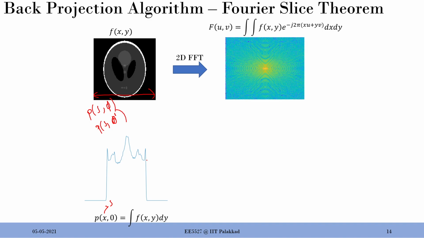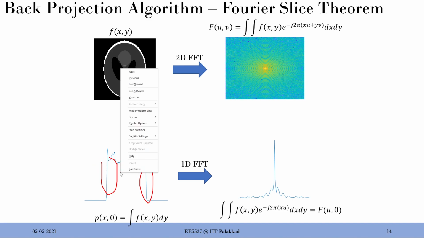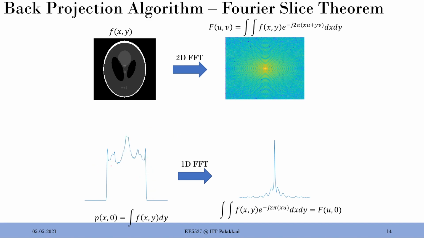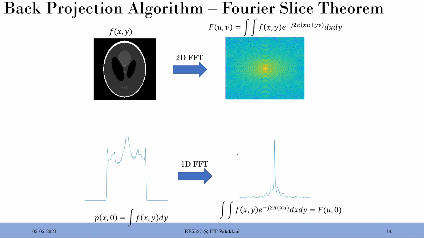And then if I take the 1D FFT of this signal, it looks like this. Of course, I will ignore all these edges, because otherwise they will induce high frequency noise, because there's a sudden transition from low frequency, from 0 to this. I'm ignoring all that. If I take only this particular region and take an FFT of it, I'll get this.